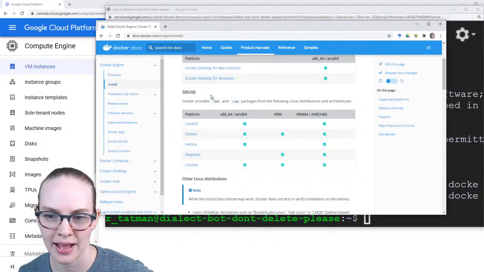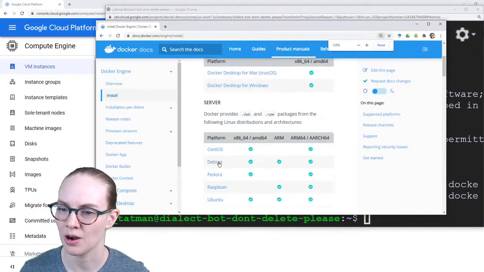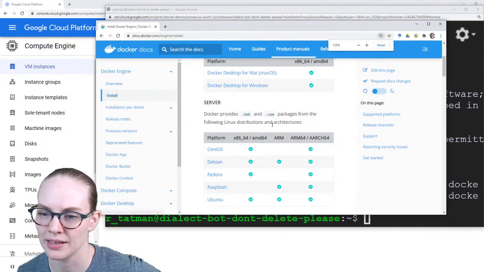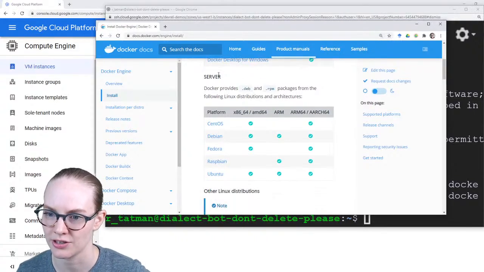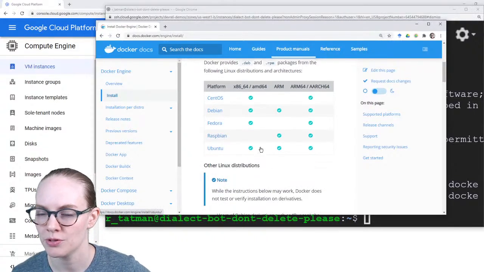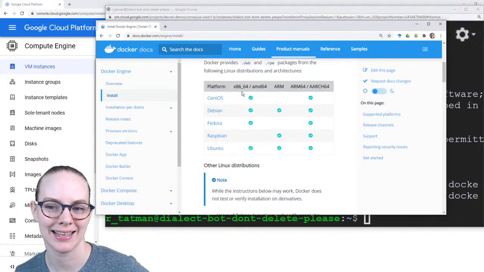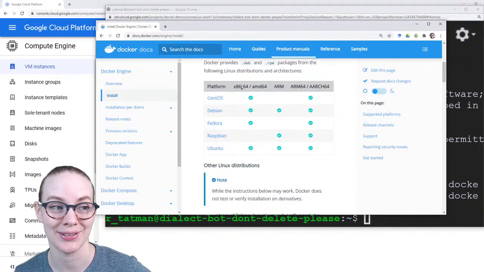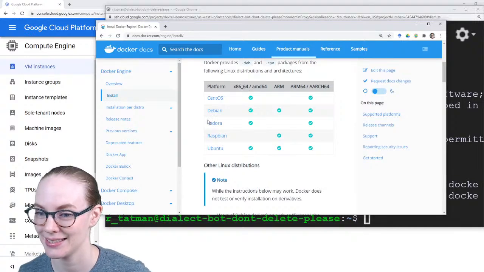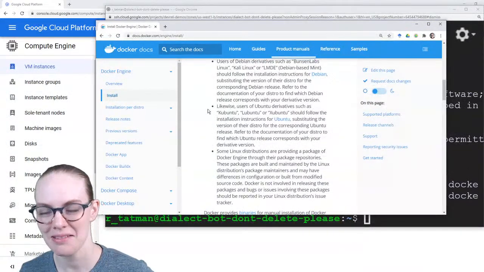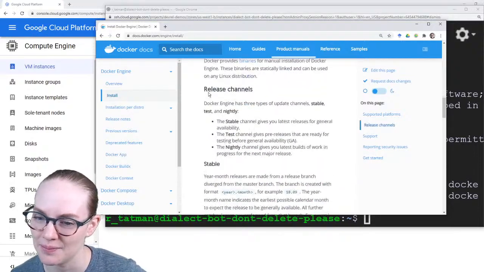All right, Docker provides .deb and .rpm packages for the following Linux distributions and architectures, and we are Ubuntu. I'm guessing it's AMD64. I don't know the chipset. That sounds right.